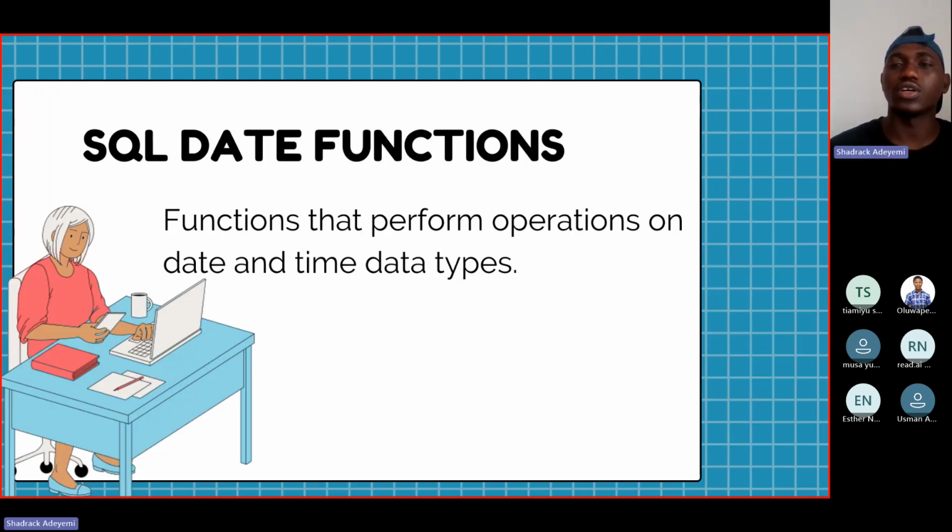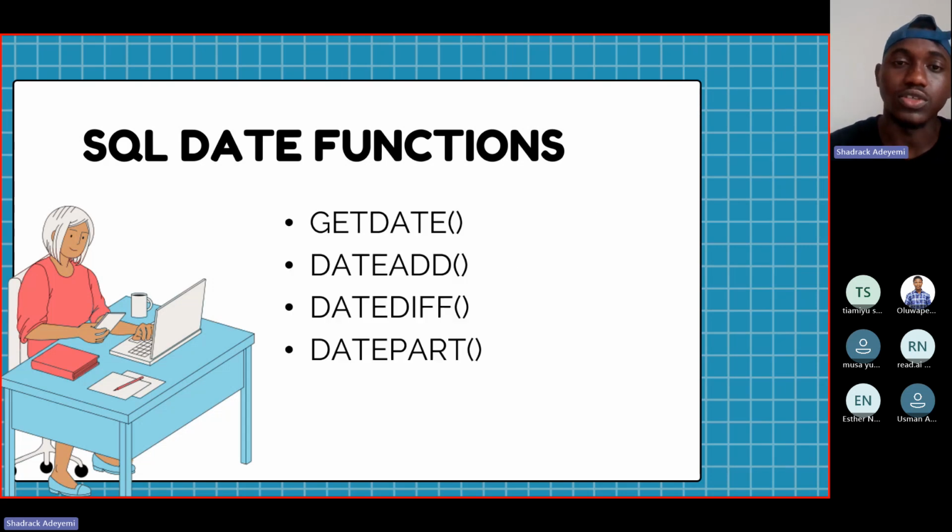Okay, so another thing we'll talk about is date functions. Whenever you want to perform date and time operations, you would always refer to a date function. It's virtually impossible to work as a data person and not use date functions because you always have to answer questions like how much sale did we make last month, last year compared to now? Just time intelligence questions. So we have some functions that would help you attain this.